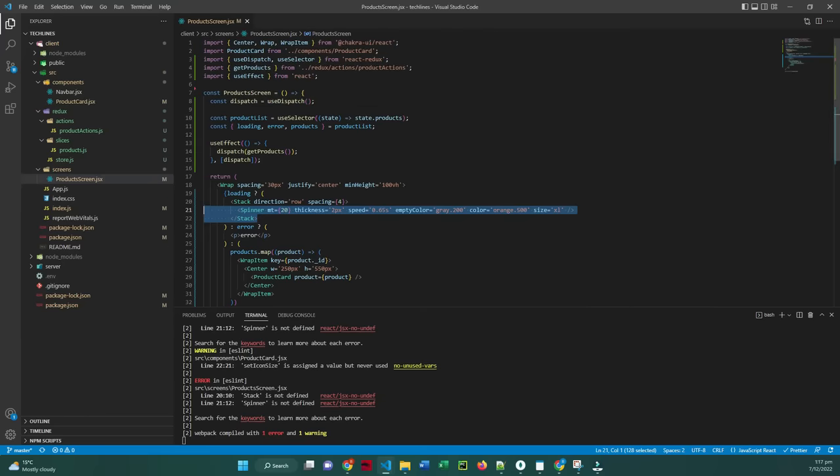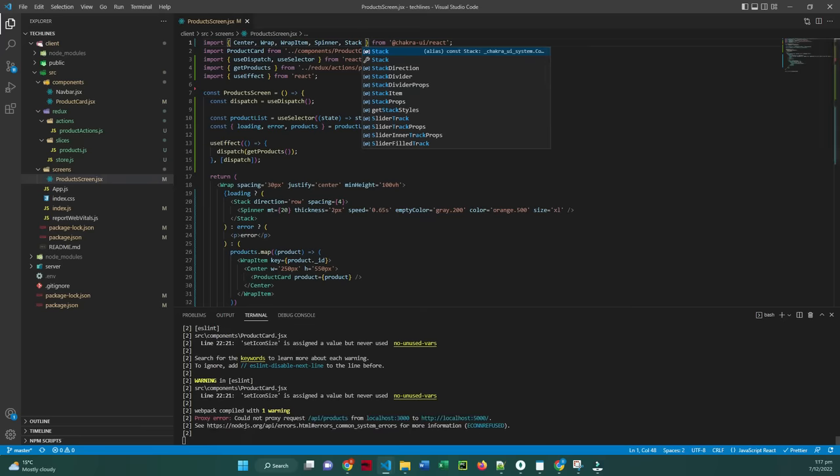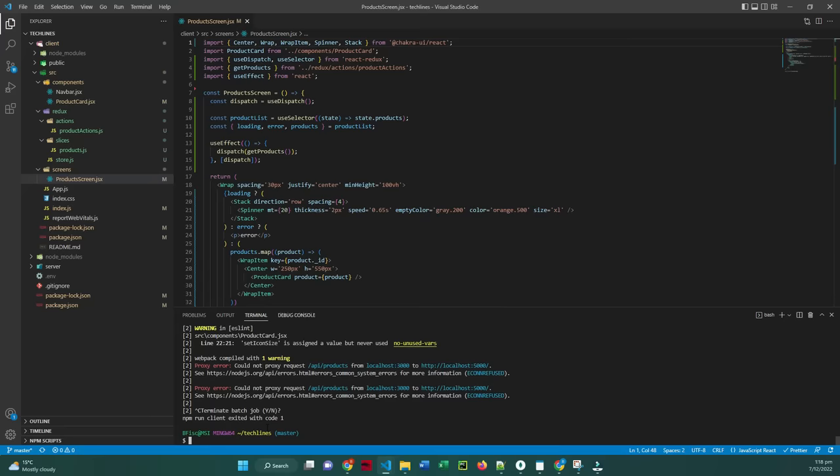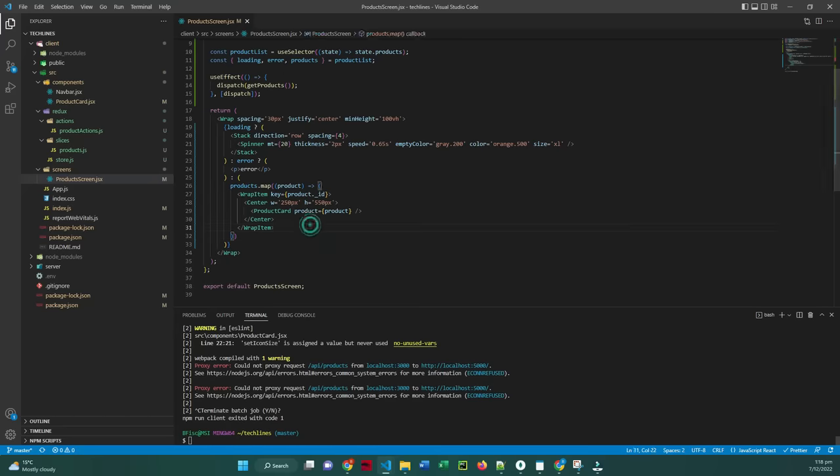So we go ahead here in the Chakra UI React and we say, okay, here's your spinner and here's your stack, and it should be fine now. It says that our something has crashed, but it shouldn't matter for now. So let us terminate that for now. So it keeps annoying us. We can have a look soon what that is. And we go ahead here with the error, and we can